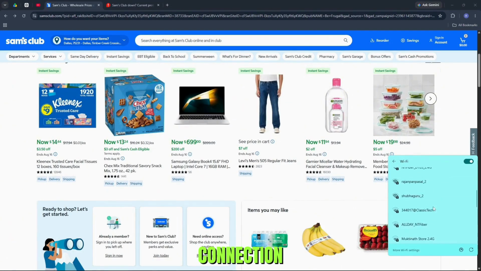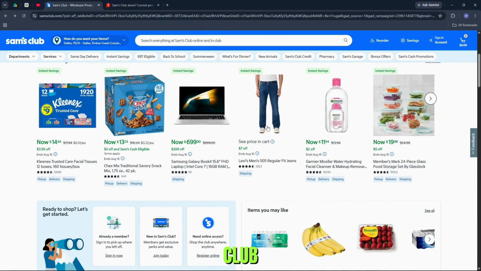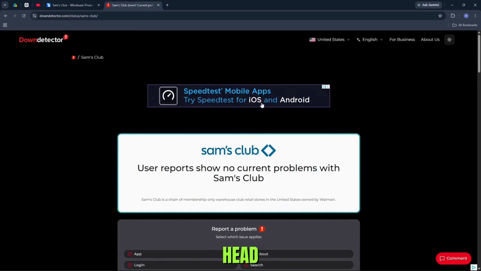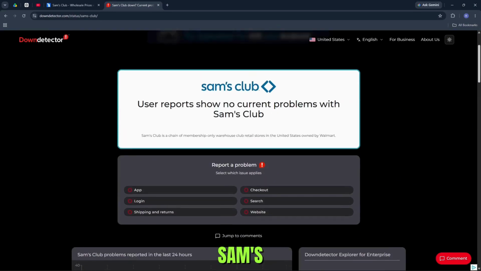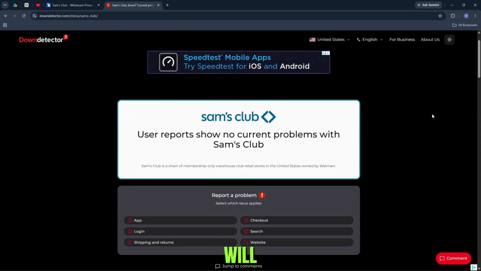Ensure you have a stable internet connection or you can switch between networks. Likewise, check the server status of Sam's Club. For that, launch your preferred browser, head over to the website Downdetector, and search for Sam's Club. Now if you find any outages over here, you'll need to wait until the problem is restored from